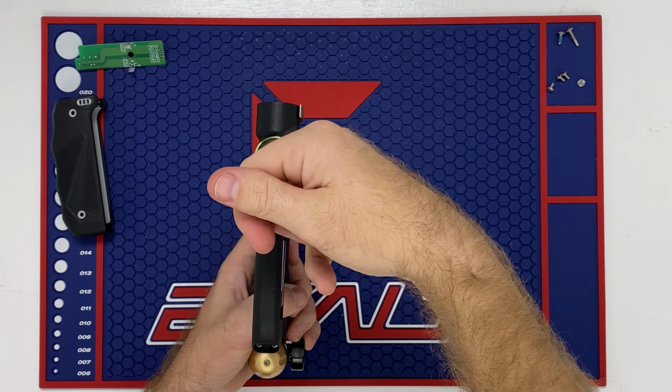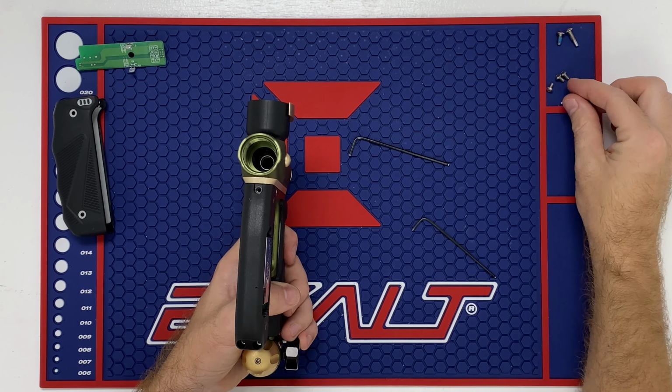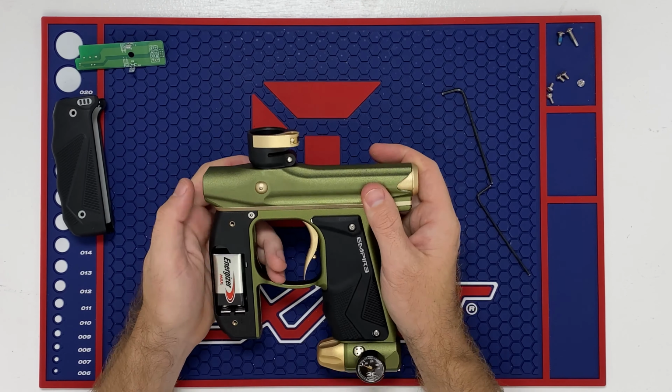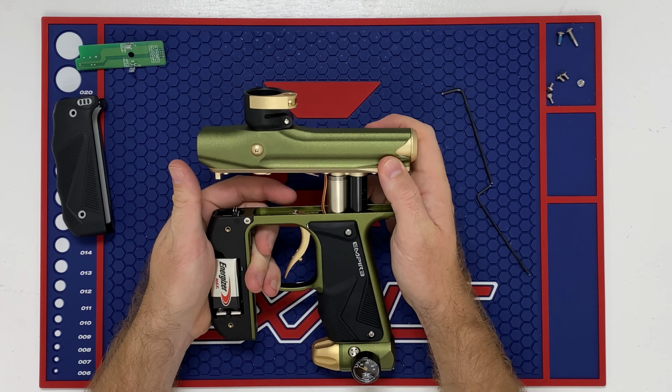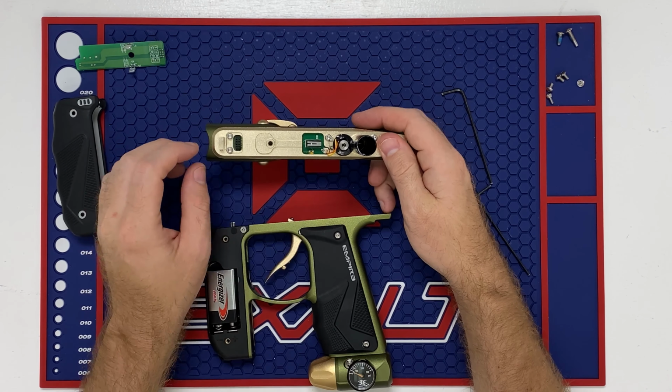And I like to keep all my screws bunched up together, like per section. So I know that was my frame, this is my front grip, and also the other one there. Okay, so be careful here, everything will come apart. So go ahead and pull it up there. So the part that we're replacing is gonna be this micro switch that you see right here, and also this